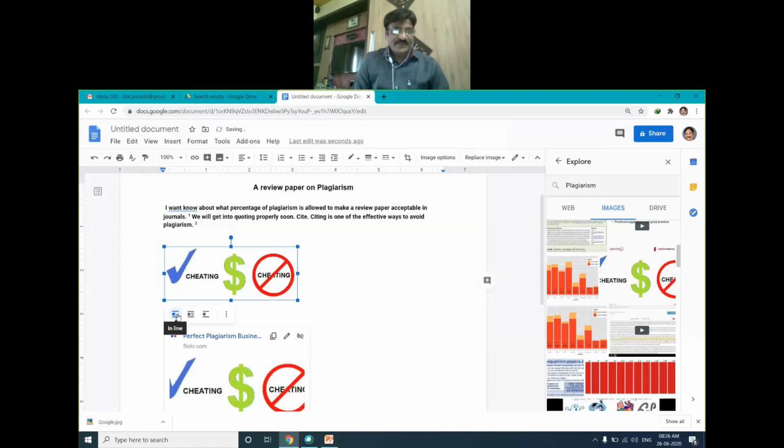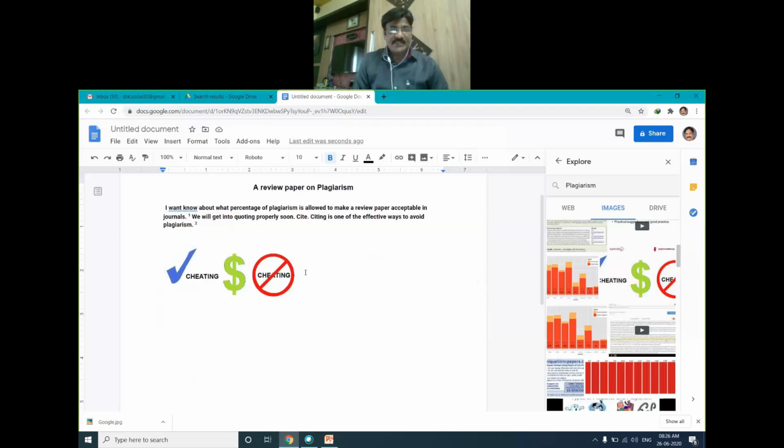You can align it, wrap it, or you can also have certain other options if you want center alignment and all the other things. So just press the enter key.